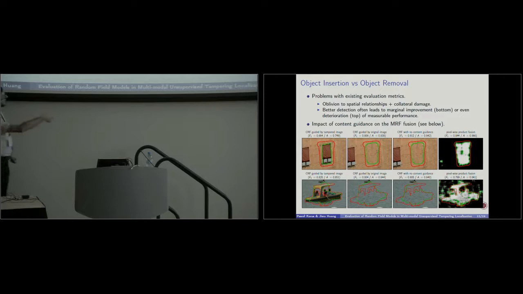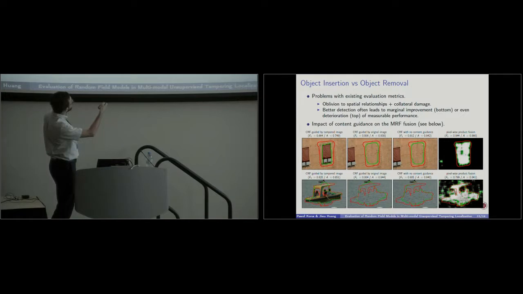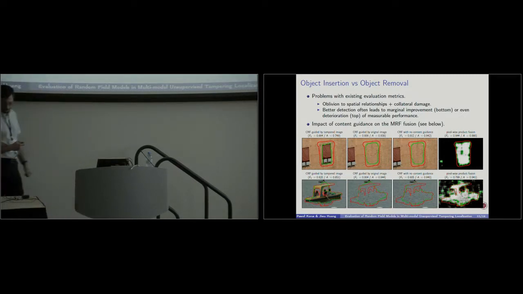So first, let's look at the fourth column here. Here you can see the result of product fusion for two different forgeries. And the scores that were given by existing methods are, for instance, 0.844 according to the F1 metric, and here we have nearly 0.8. So now, if we change the fusion method from product fusion and use a conditional random field, we're going to get something like this. In this case, maybe one more remark. The red lines represent the ground truth. The green lines represent